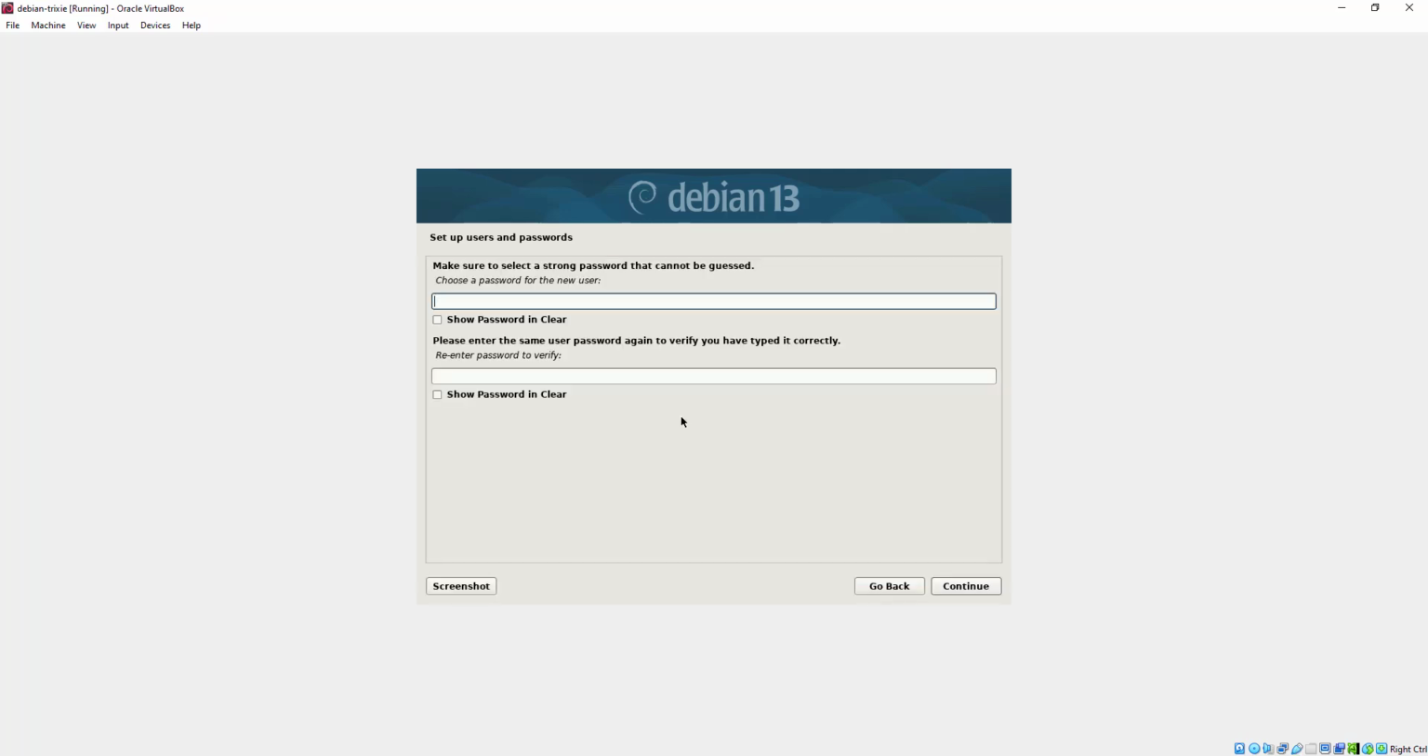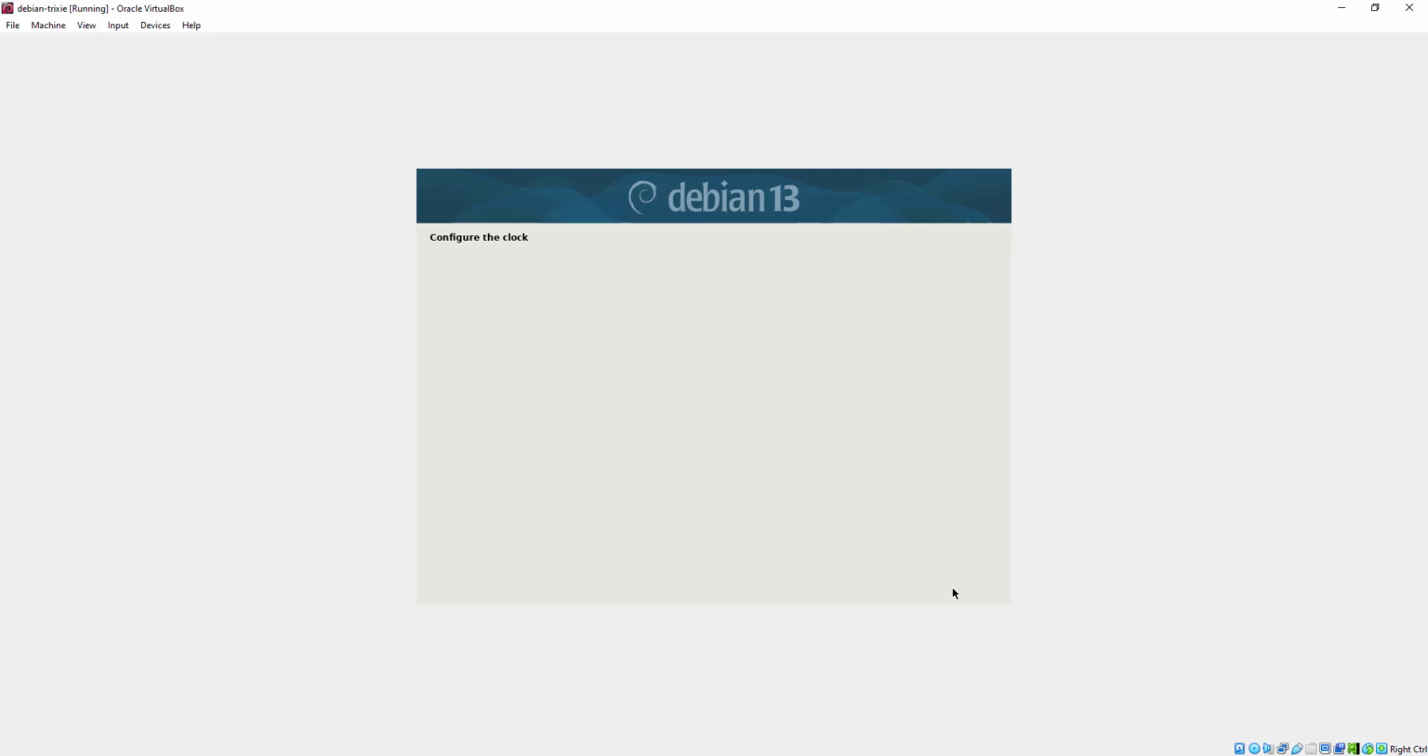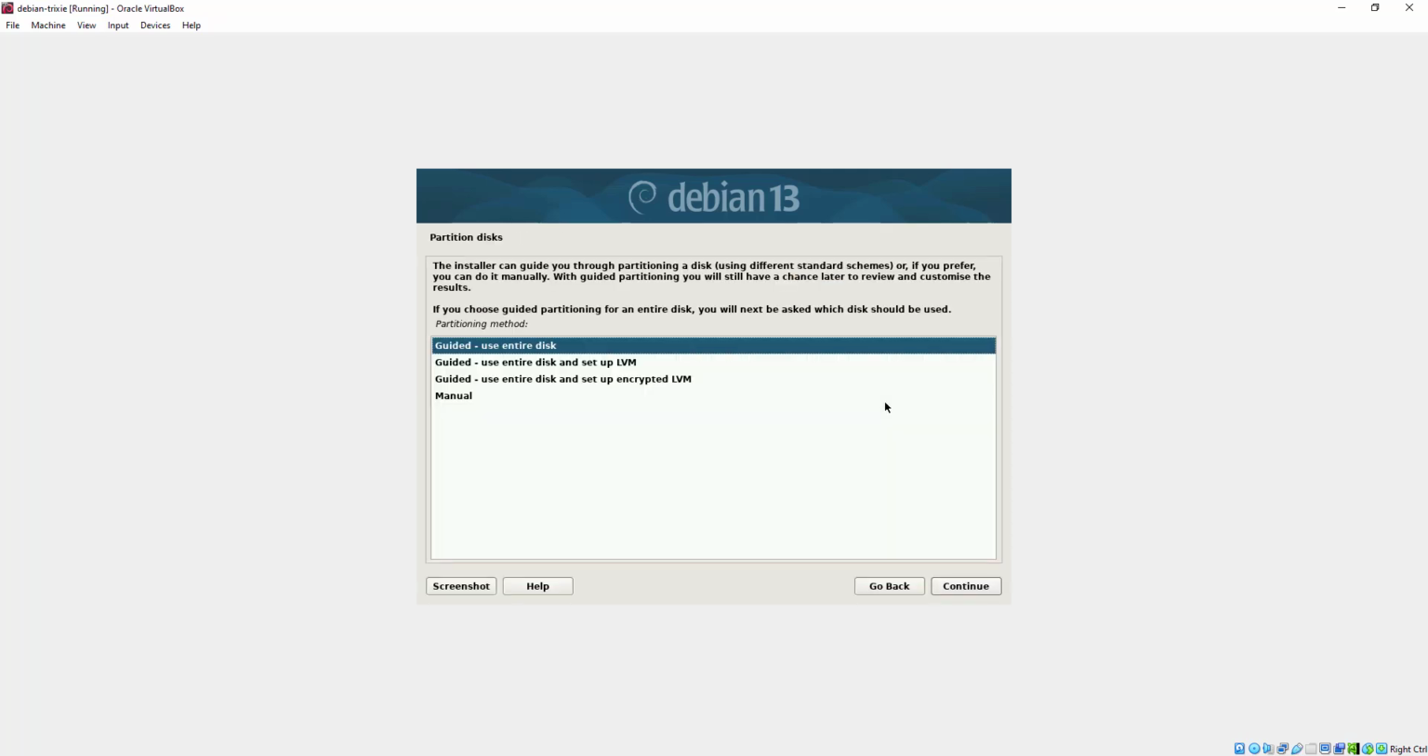So here I'll provide the password for my user account. So here I'm going to provide the password and confirm it. Then I'm going to click continue. So this takes us to this section where you'll be required to configure your disk partitions. Now this is where you need to pay more attention, as we are going to configure manual partitions for our